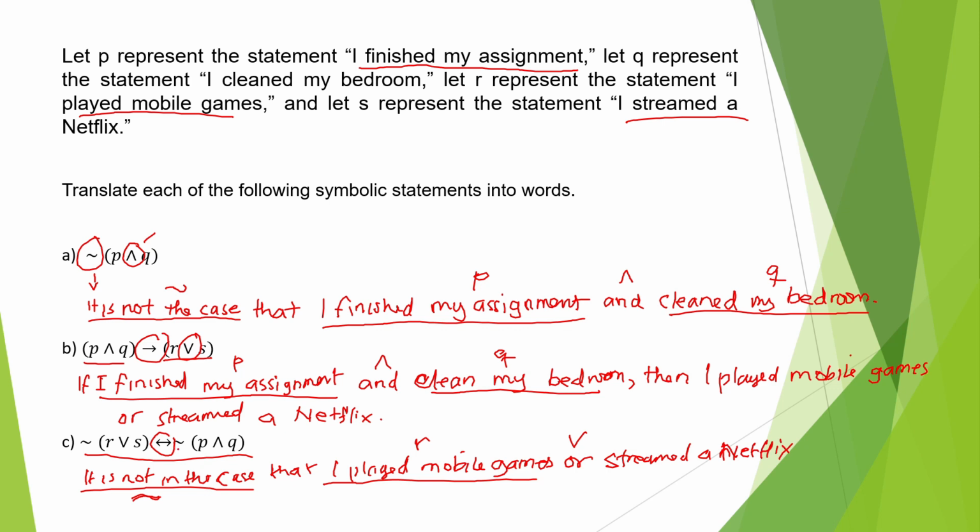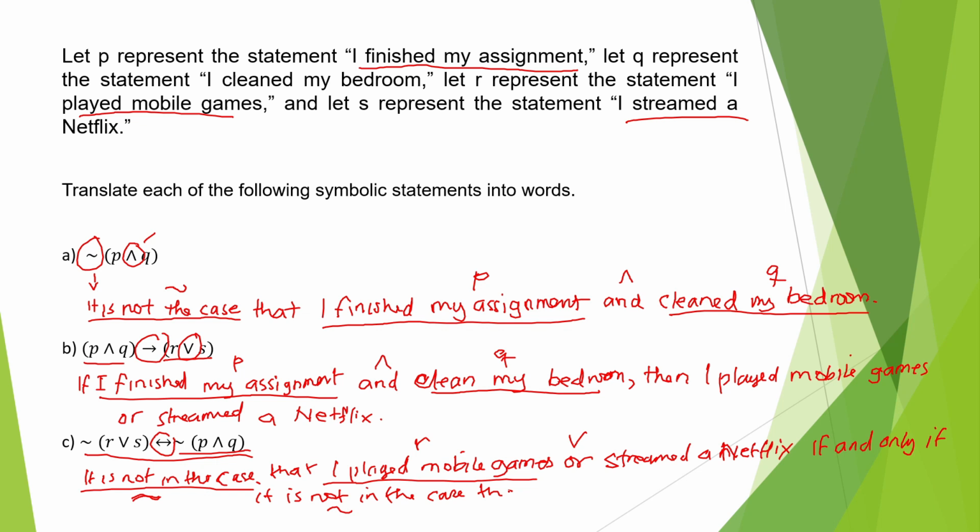This one is an if and only if statement. If and only if, this is biconditional, and this one is it is not in the case. Okay, this one P. What is our P?